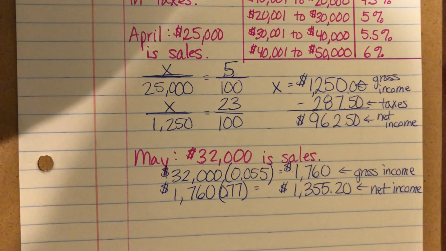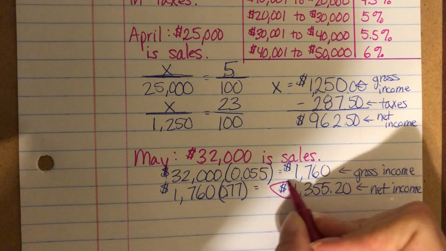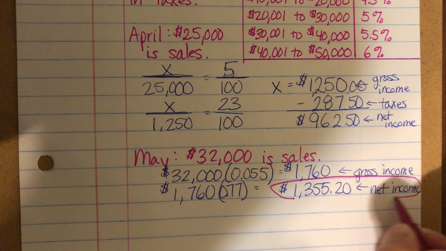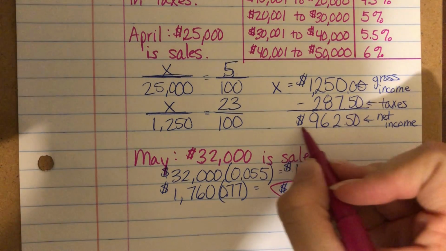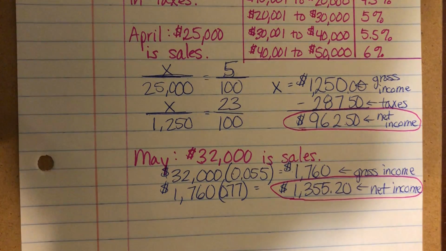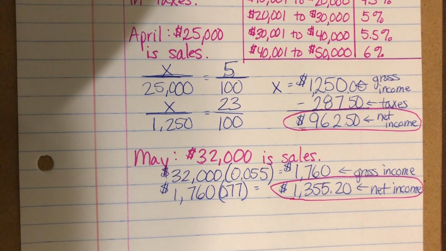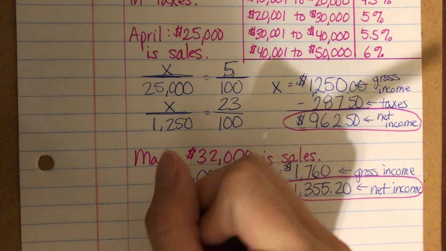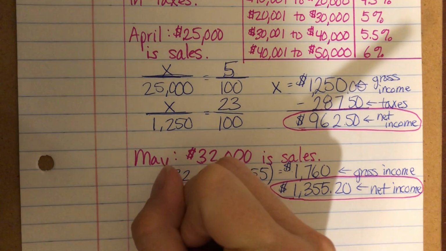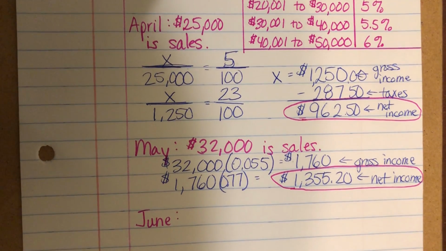Okay, and there you have it. So her net income when she sold $32,000 is right here. Her net income for selling $25,000 is right here. And now you guys are gonna try June on your own. So for June, we're gonna say that Malik sold